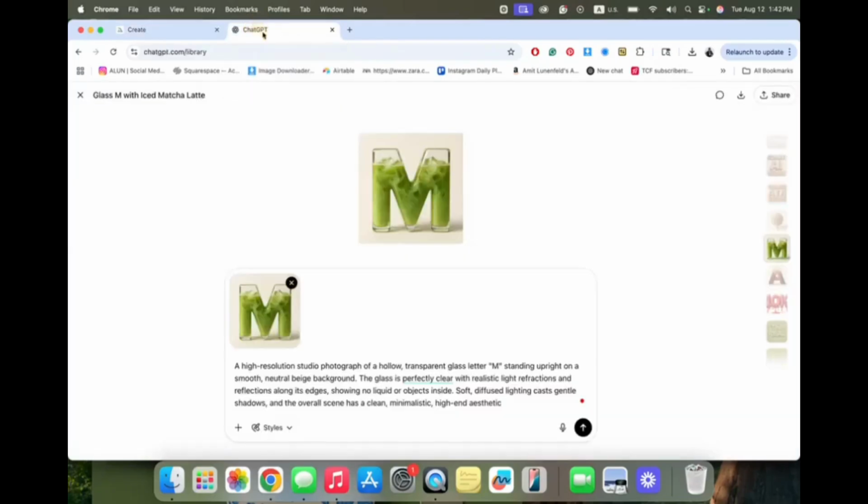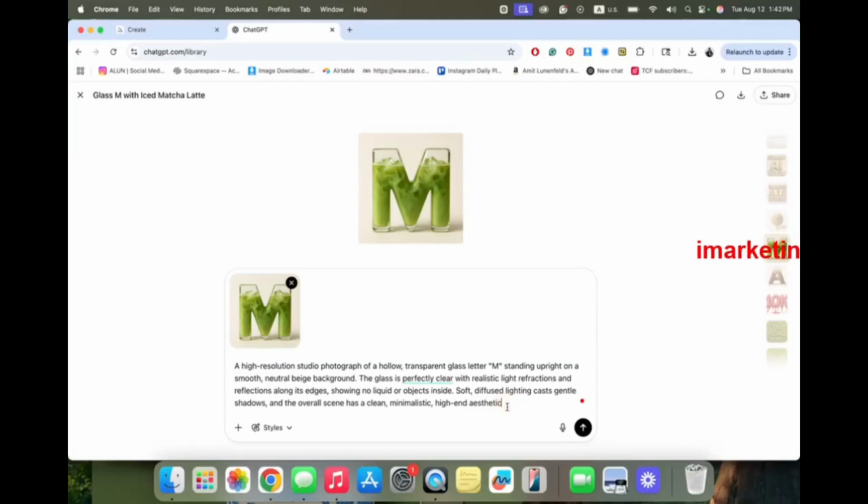What you can do is go into ChatGPT. Let's say we want to create this M, starting from an empty M glass, evolving and ending with the full M. The matcha will be poured into the M. This is the video I created with it. We can ask AI to create an empty M for us. We will have the open scene, and then we will get the end scene. Let me show you what I'm talking about.